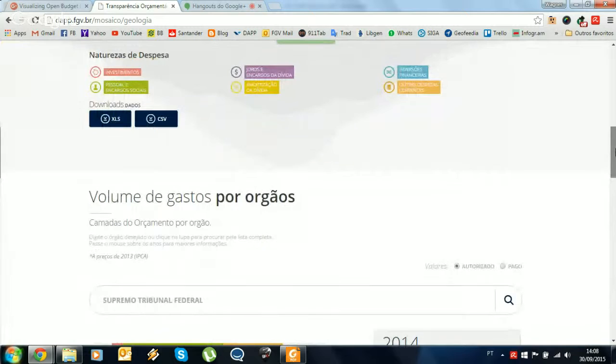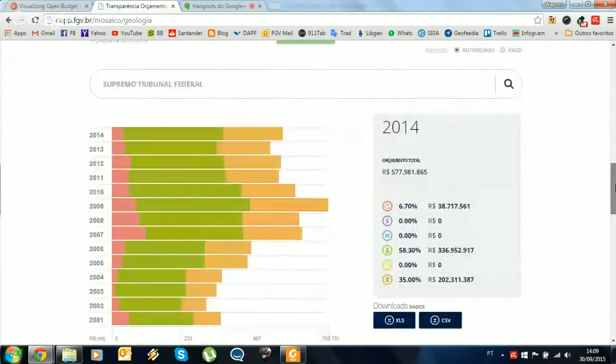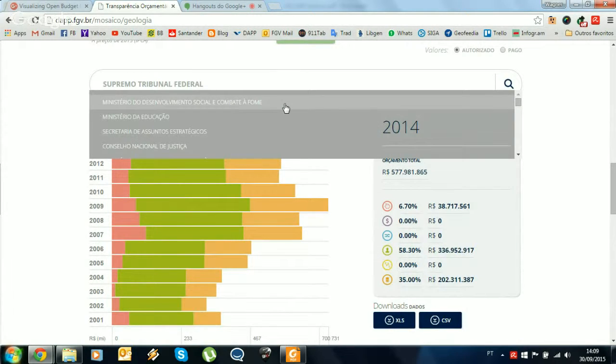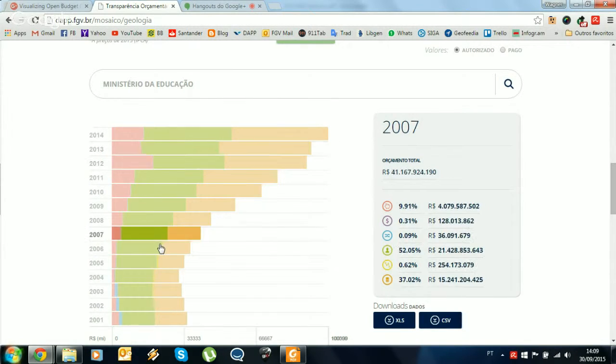And then I can look at this same information by what we call organ, or by institutional division. For example, if I want to know how much money the Ministry of Education is spending, looking at these groups like investments and debt, I click here, and I have this notion over time. There is a lot of design work here.